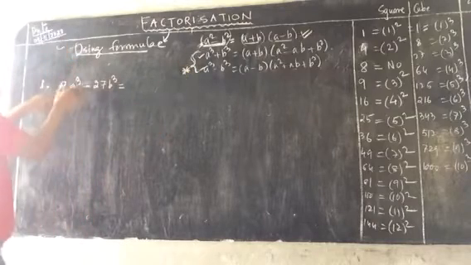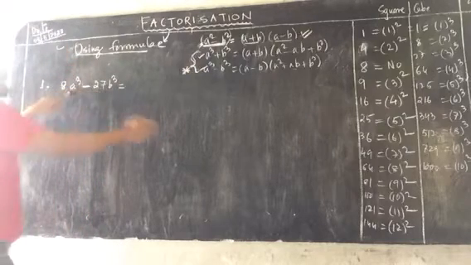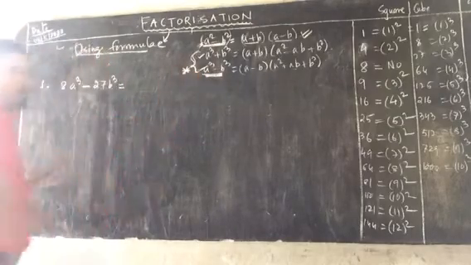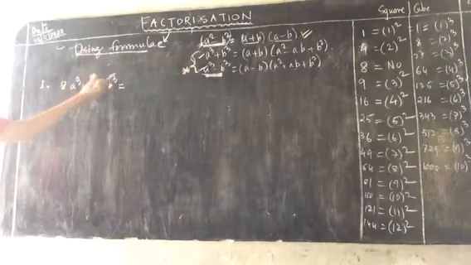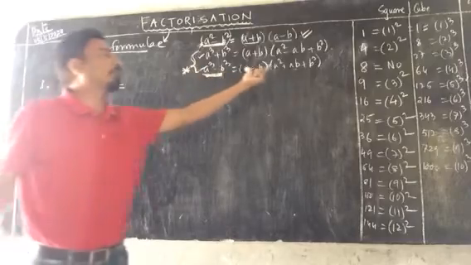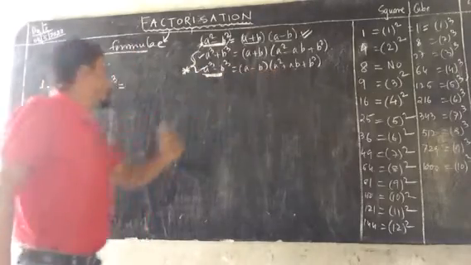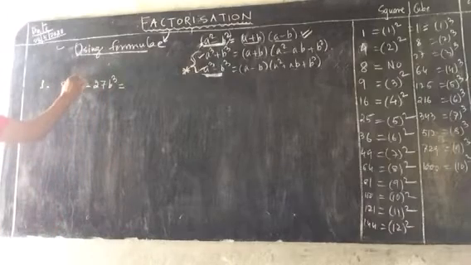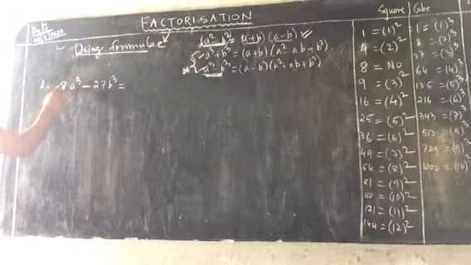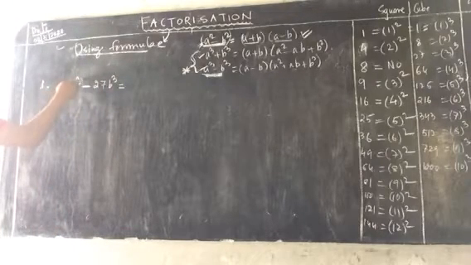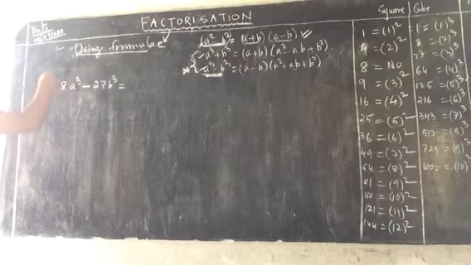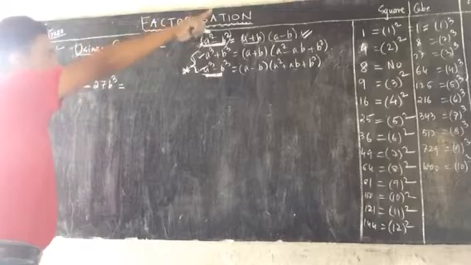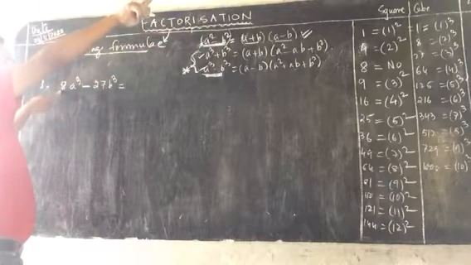First you have to express this expression in this form. You have to convert them into this form, then you can apply this formula. Got my point? So how to express these into this form? Very simple. A cube is already given, but 8 is the coefficient of a cube, so 8 also should be converted in the form of cube. 8 can be written as 2 cube. 2 cube is 8 or not?